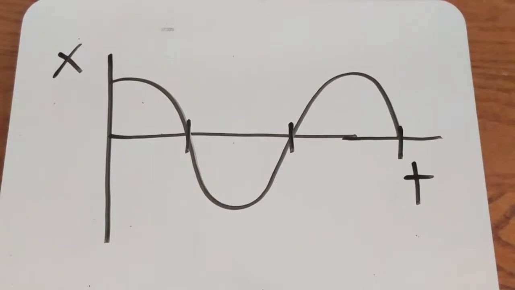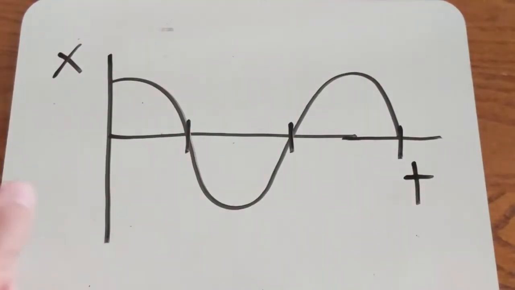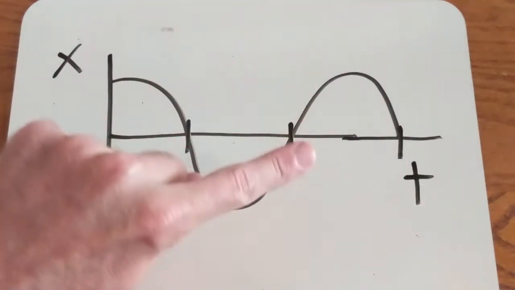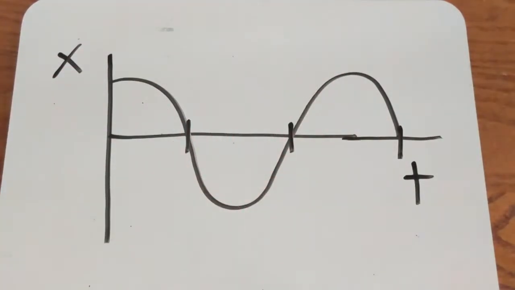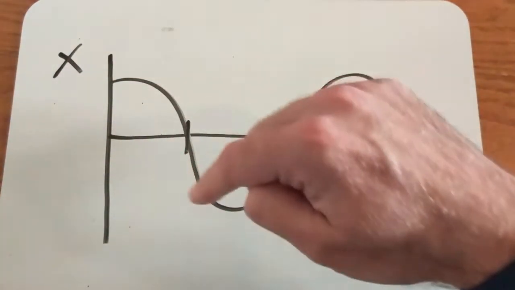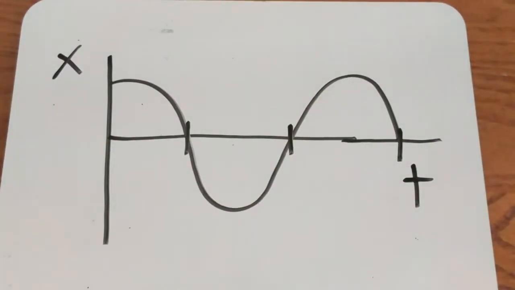Okay, so what we're going to look at now is equations that model simple harmonic motion, all right? It's equations that model the motion of something going back and forth, whether it's horizontal or vertical, all right? Now, we saw already that if we graph this motion versus time, it gave us a sine or cosine curve. Now, understand what this graph is telling us. This is telling